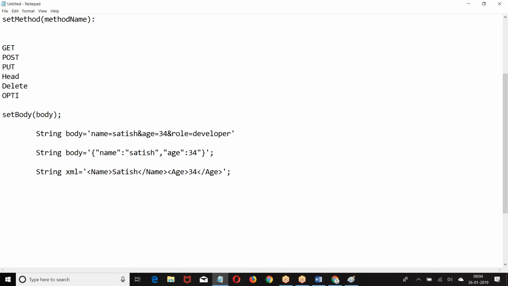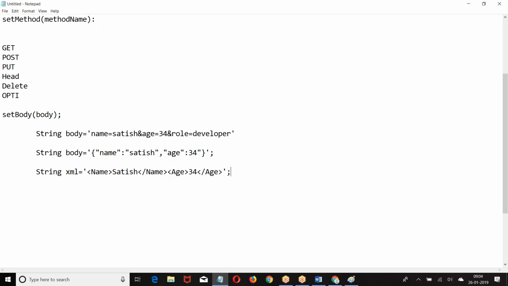Now, what do you want to send? If you look at this, you can send a text message, a JSON, or an XML, but everything should be converted into the form of a string. Am I right? In all three cases, I am making it a string. So the body of the HTTP request should be in the form of a string. If you are setting anything in the body, it has to be a string. The body can be XML, the body can be JSON, the body can be param equal to value, anything of your choice. It depends upon the service provider. I hope you are good with this.